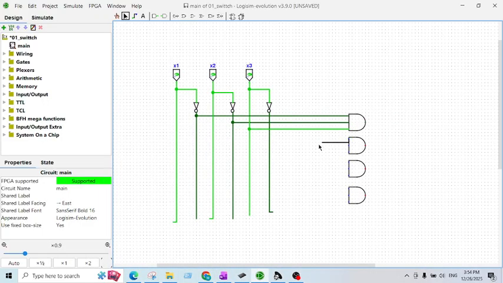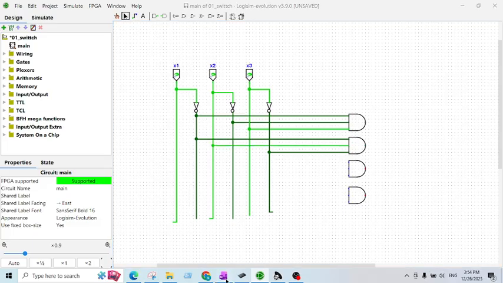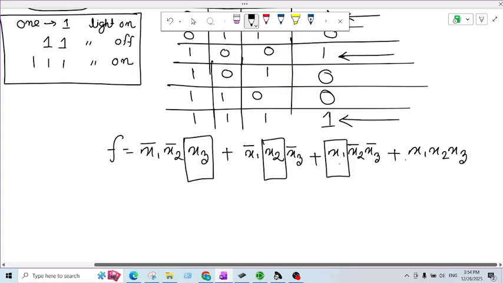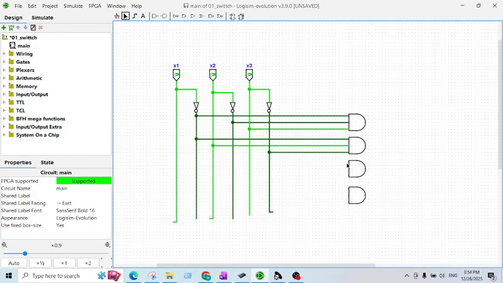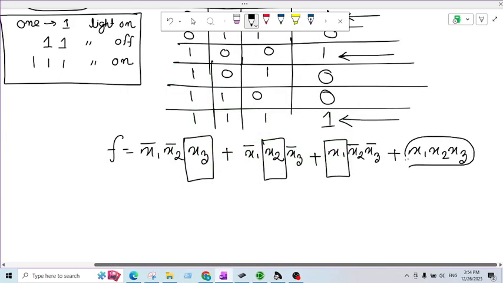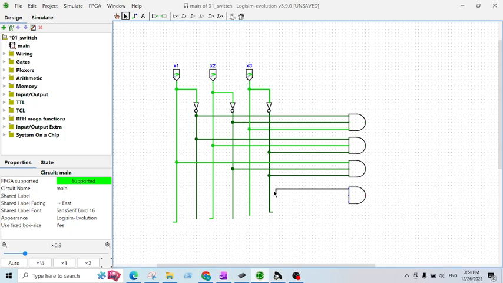Okay, that means x1 is not, oh sorry, so x1 is not, x3 is not, but connected with x2, and then I have to connect x1, so connect x1 and x2 not, x3 not, and then I have to connect x1, x2, x3, so x1, x2,